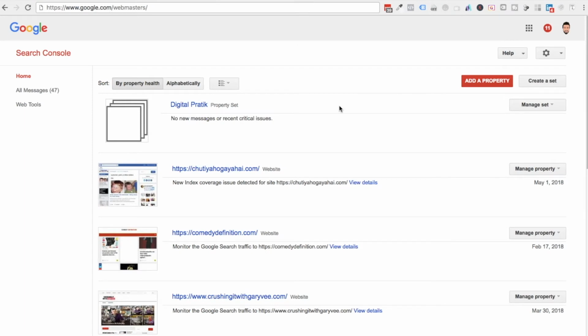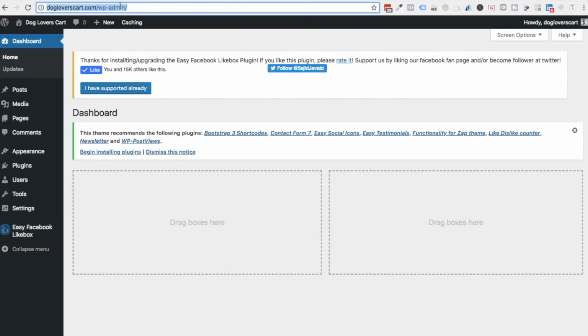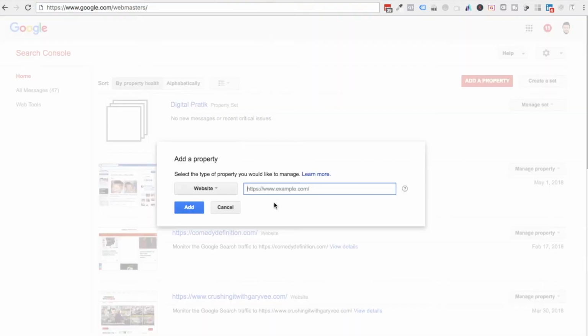google.com/webmasters, and once you're over here, just sign in using your Gmail ID and click on add a property and enter the website address. So for us, it is dogloverscart.com, and make sure you have the respective HTTP or HTTPS. Click on add,